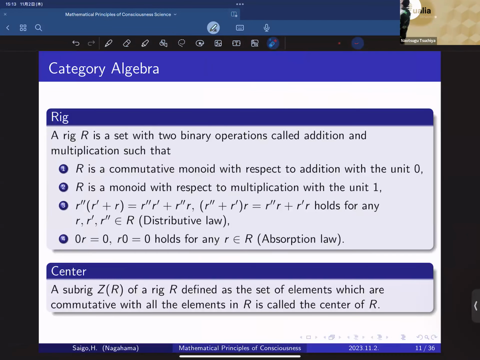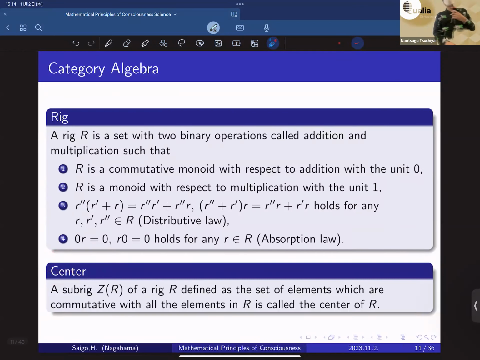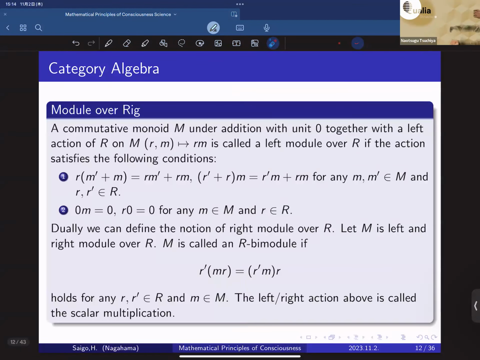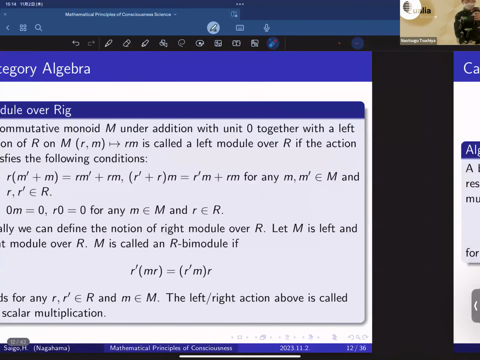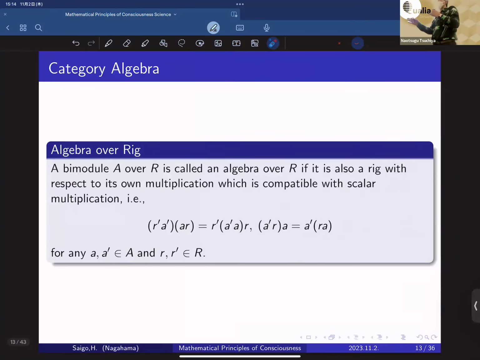Some mathematicians are interested in this thing, but you can think of this just as a complex number here. But you can generalize actually, not necessarily having the negative inverse or the commutativity of multiplication, but you can think of the complex number or something like that. This center is related to the central, but I omit here. And this is very long, but intuitively speaking, you can think of the vector space. So for general, you can think of the very nice